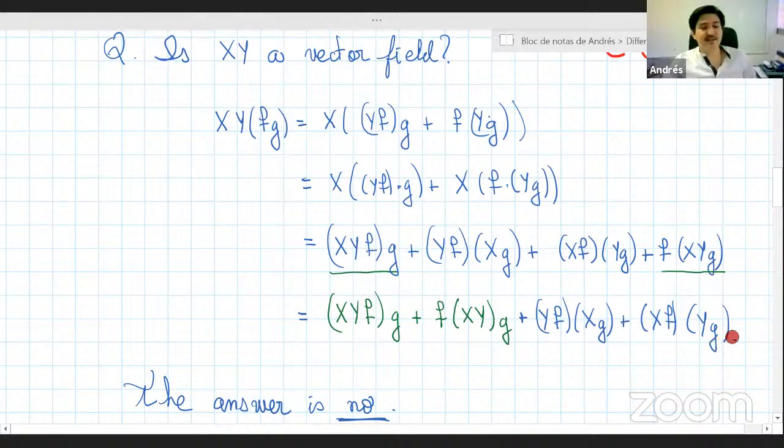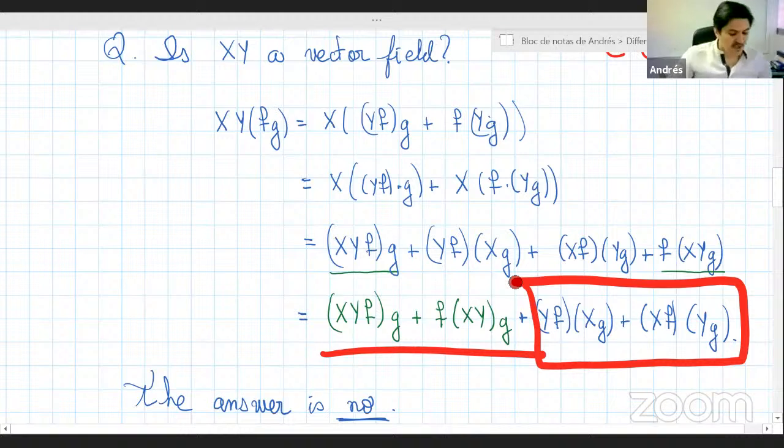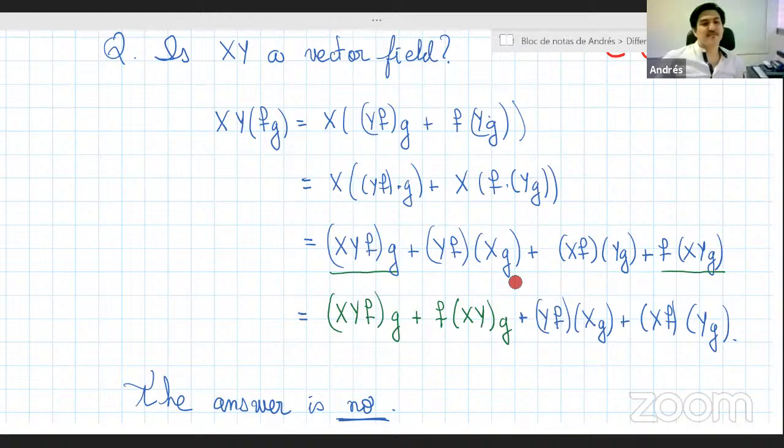So remember, the whole idea is to make the set of vector fields into an algebra, to define a product. And if I do it the naive way, it doesn't work because this is not a vector field. This is not only equal to this, I have something else. Well, so that doesn't work, but what works is the following,